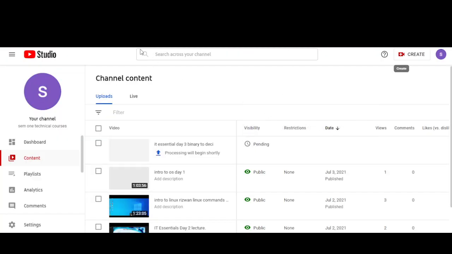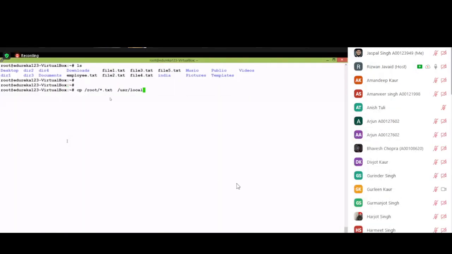Now you will see, this is another example. When we have multiple files and they have the same type of extension, the star, or asterisk as we also call it, means take all the files with the extension txt. Please copy all these files and place them in this folder. You have to understand the purpose of the asterisk or the star. Asterisk dot txt means all files with the txt extension.